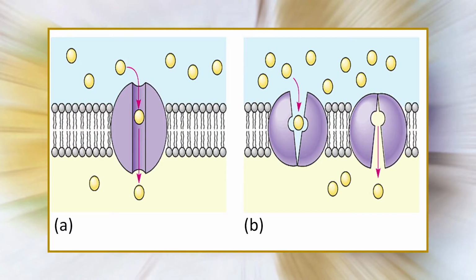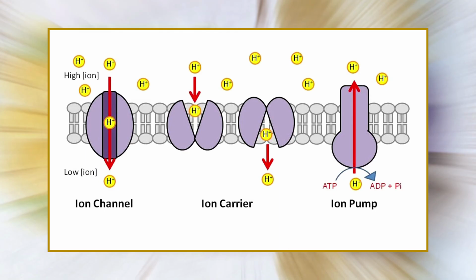There is much indirect evidence for proteinaceous carriers in plant membranes. These probably function first by combining with a specific solute on one side of the membrane and then by rotating and releasing the solute on the other side. Because plants usually absorb solutes quite selectively, and because carriers are expected to provide much more selectivity than is apparent in some of the indiscriminate channels found to date, both carriers and channels probably exist in plant membranes. Collectively, we call pumps, channels, and carriers transport proteins.